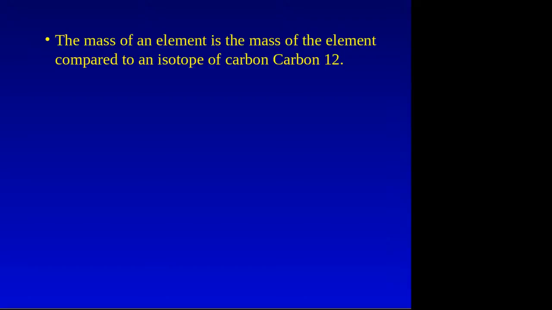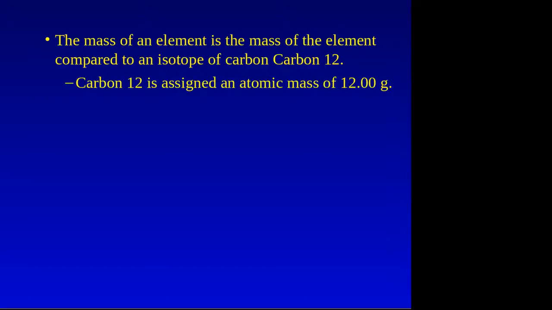And so he's able to start figuring out their weight. And so the mass of an element, we had to come up with something to compare off of. And so what we decided to compare off of was a particular abundant isotope of carbon. We needed something, we went with carbon-12. And so a carbon-12 has an atomic mass of 12 grams. And 12 is going to be one atomic mass unit. We just said we're going to pick this isotope, and 12 grams of it will be one atomic mass unit.